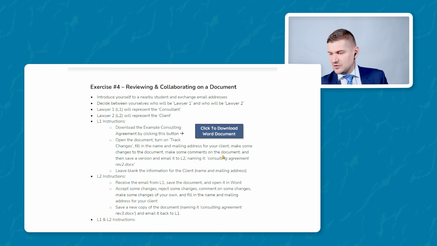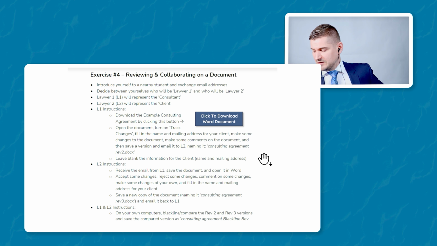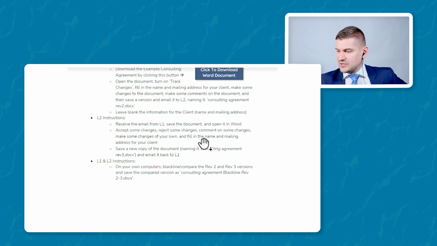Okay, so I go back to the document, and then what I would do here is I would email this to the other person. So much of this work that is done at law firms and with lawyers is done through email, so that's kind of the normal way to do it. Okay, so L2. So after you receive the email from L1, save the document, open it in Word, so download